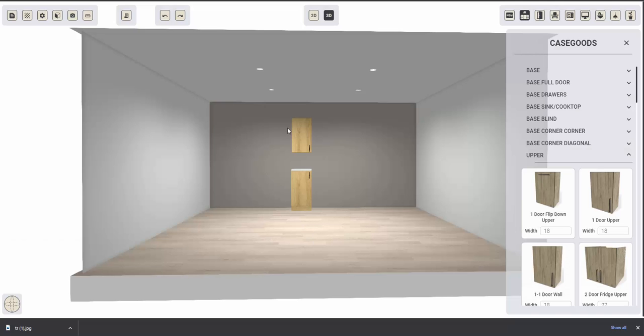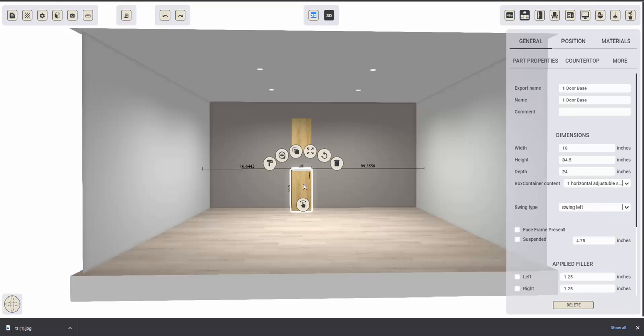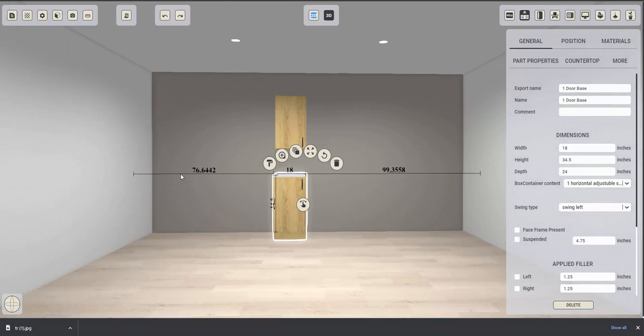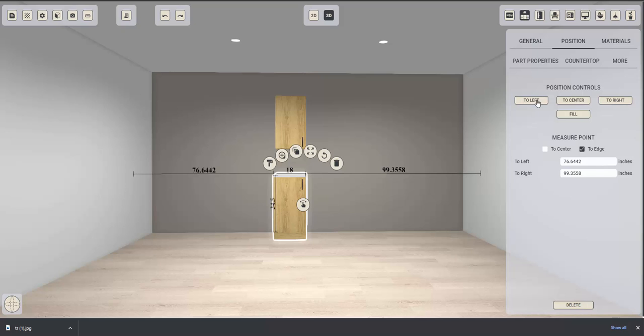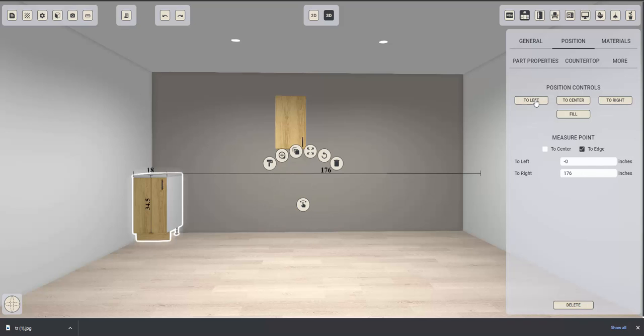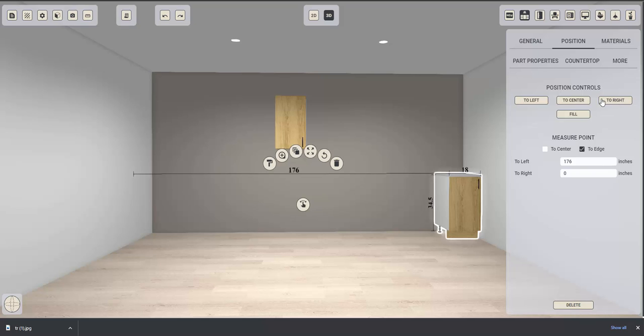Let's take a look at how we could position items within our scene. When I double click, one really handy thing is that I do see where it's positioned from the right and left corners of the wall. Then I have a position tab over here where I can do some quick positioning, such as send that item towards the left, towards the right, center it perfectly on my wall, and fill is to fill the space in